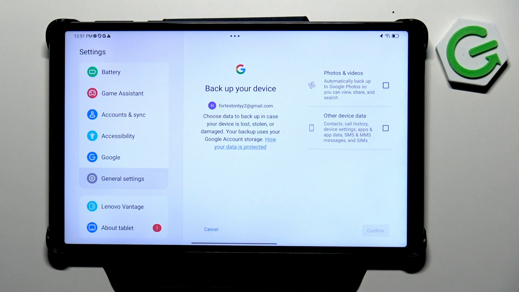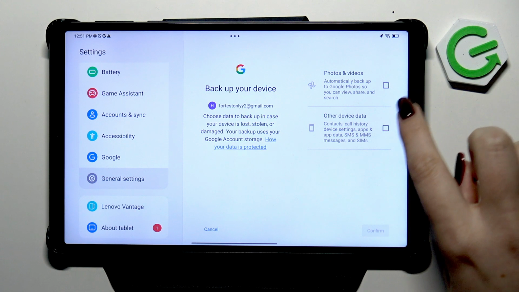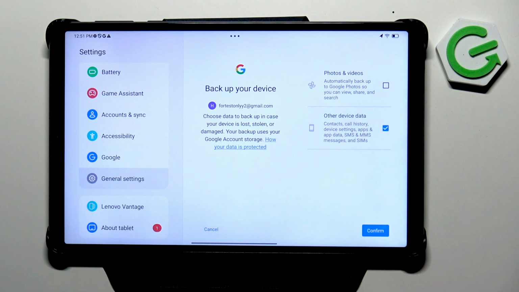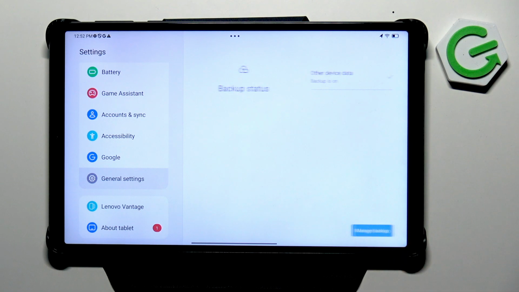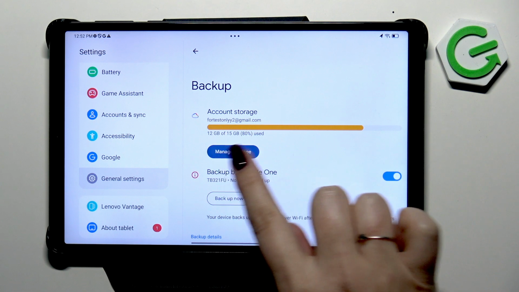Here we've got the shortcut of backup and storage info, and here you can also decide what kind of data you'd like to backup, so photos and videos or other device data. You can mark both, it's totally up to you, and then tap on Confirm. Tap on Manage Backup, and here we've got our backup section where we can check how much space we've got